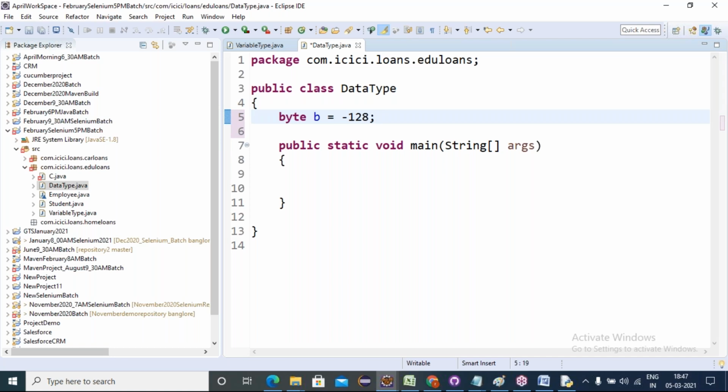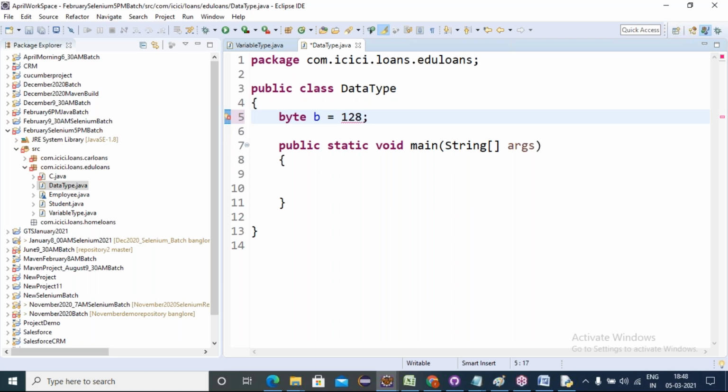If I give minus 129, it gives an error. The positive range is 0, 1, 2, 3 up to 127. The range is minus 128 to plus 127. If I give plus 128, I get an error.